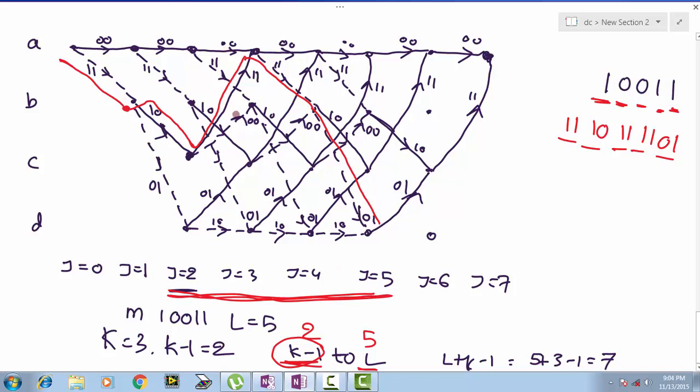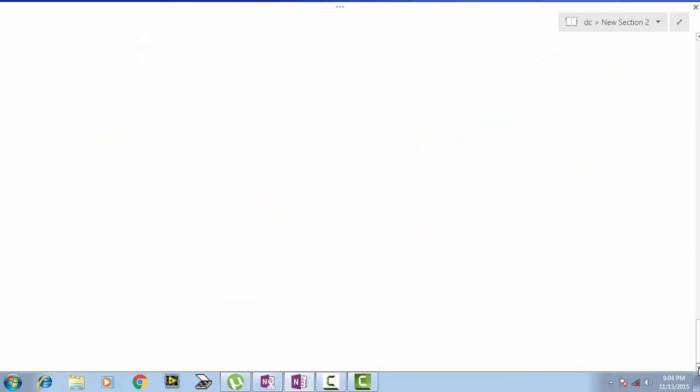Okay, so the same structure repeats, right? So if you take the same structure which is repeating or periodic, let us draw that structure. So A, B, C, D. Okay, so draw the trellis